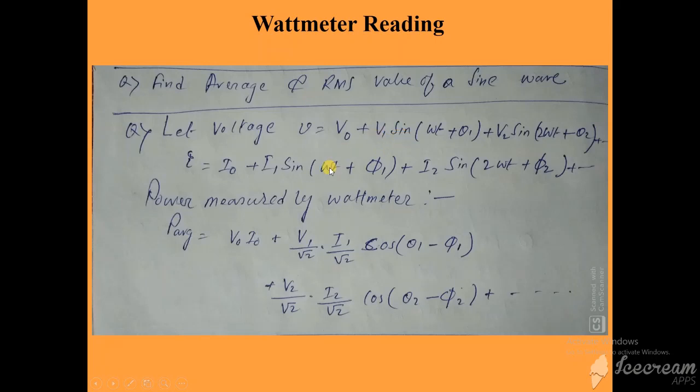When we multiply sin a sin b, it will be cos of a minus b minus cos of a plus b, by 2. In the a plus b part, there will be some frequency, but in the a minus b part, theta 1 minus phi 1 will exist, right? So its average will be a non-zero term, obviously, because no sinusoidal or cosinusoidal function is involved there. But in the other part, 2 omega t will be involved, and by the rule of trigonometric functions, its average will give 0 over a complete cycle.